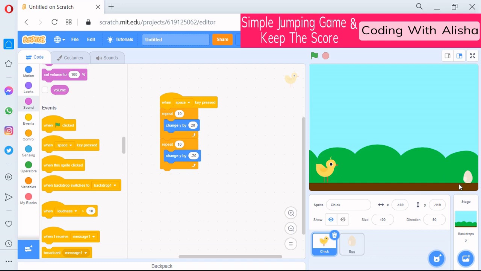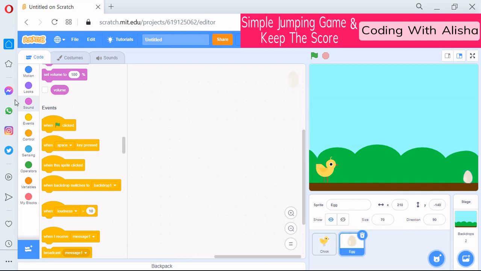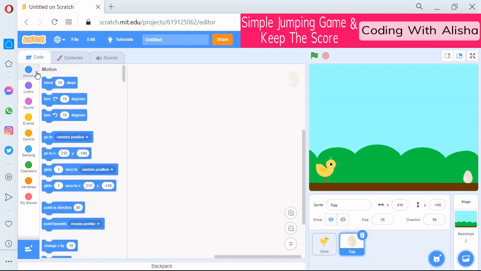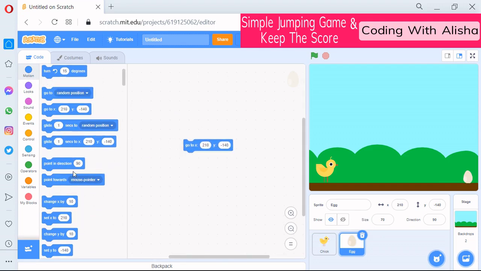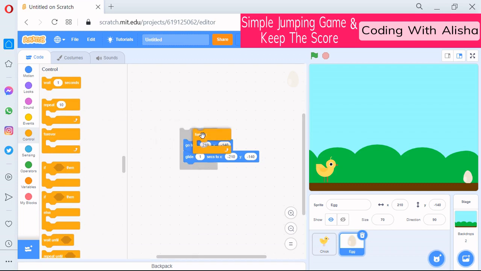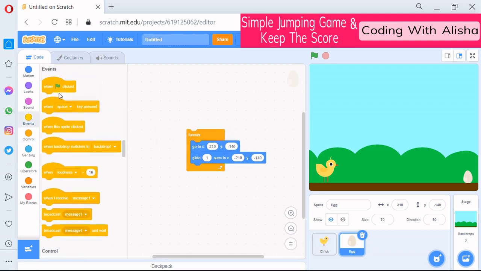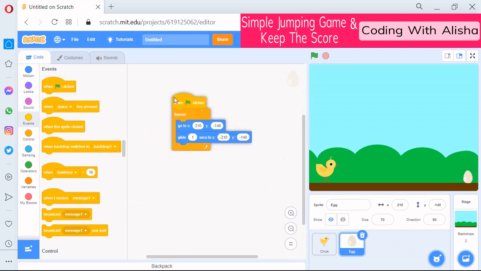Okay, now let's make the egg move. So now I'm going to use the go to X 210 and Y -140. And now this, I'm going to use this one. I'm going to make it a minus and join it to this. I'm going to put it in a forever loop. Add a green flag clicked block and